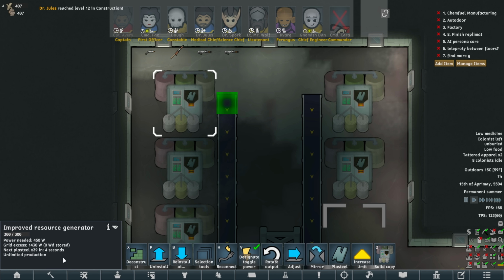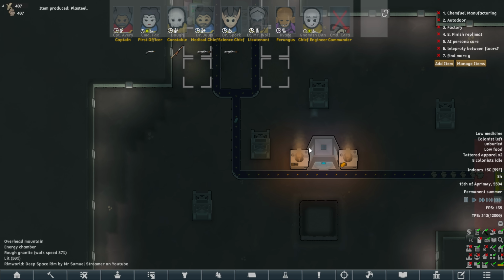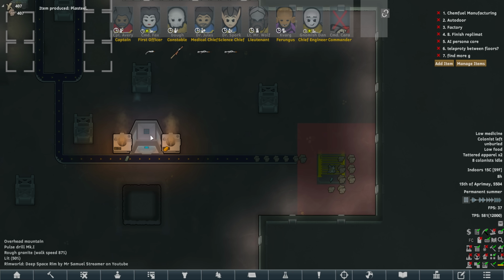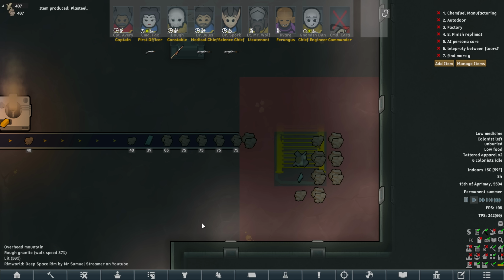Here we go. This is going to be so unimpressive, but you know what? You got to let me have a victory today. There it goes. There it goes. My beautiful plasteel conveyor belt. Wowie. If only I could find a way to digital... I mean, yeah, there is... Okay, well...